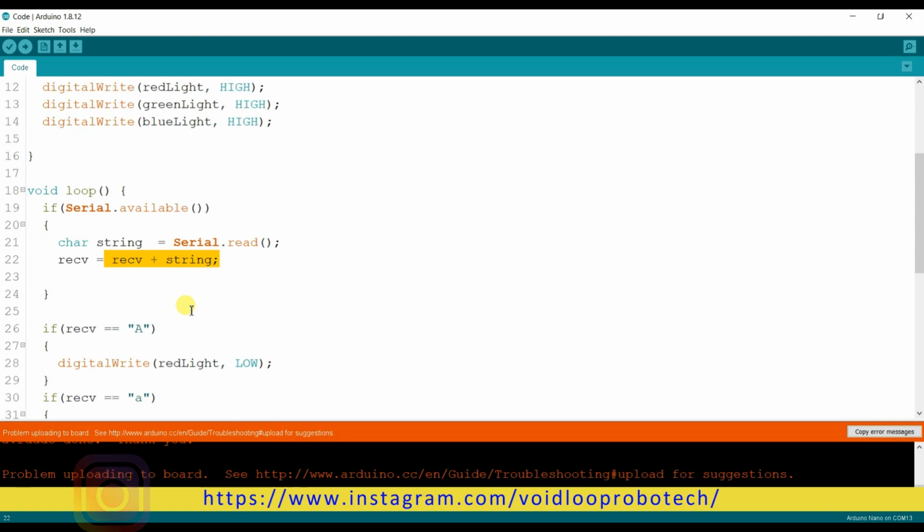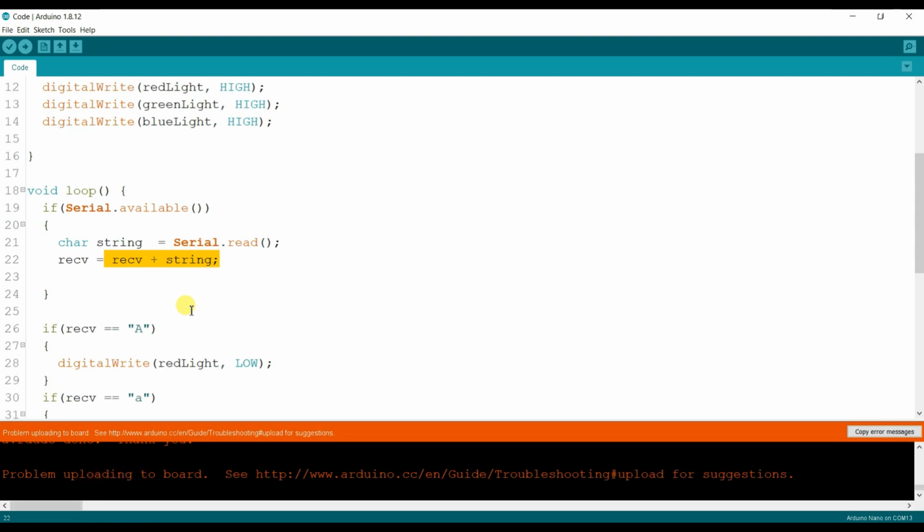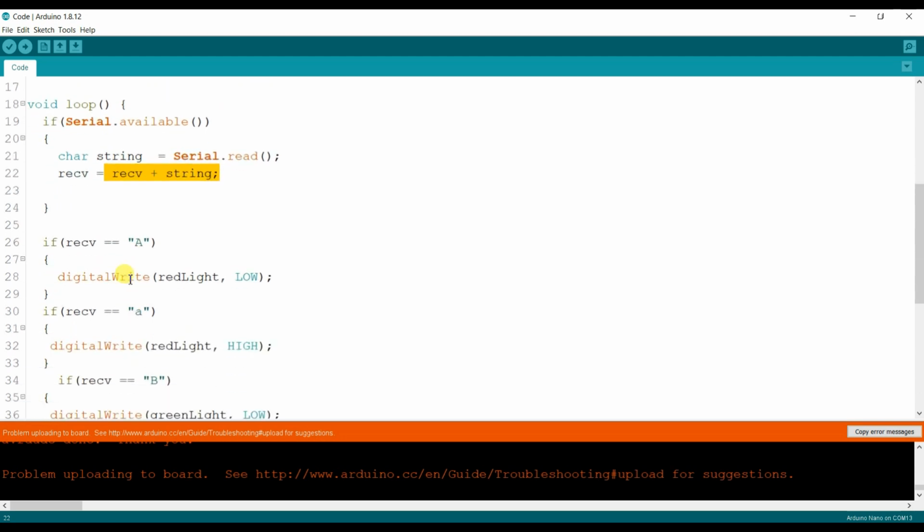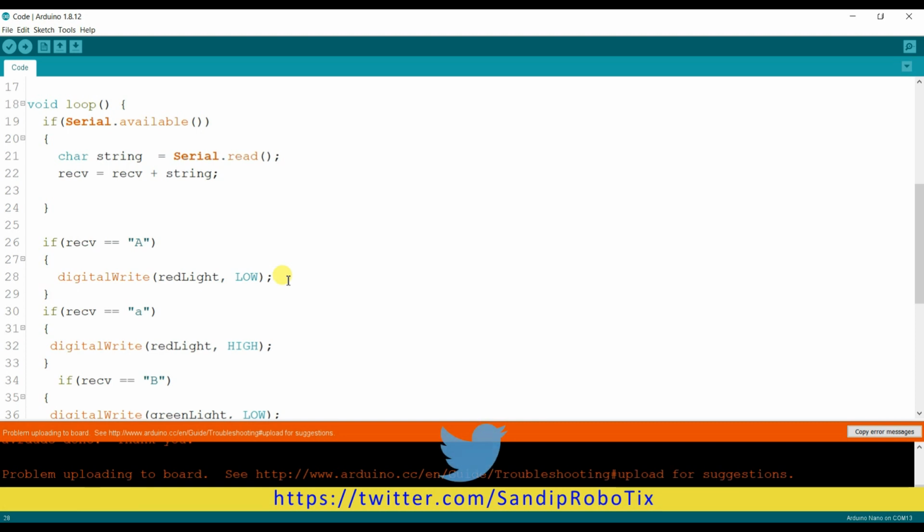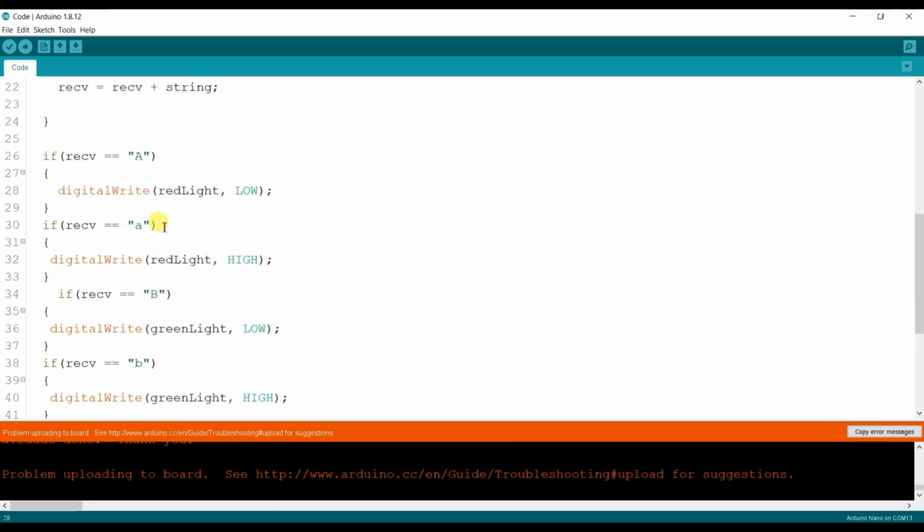So if I send one or more than one character, it will be stored as a string. If the receive value is capital A, then the red light will be turned on. I told you already my relay is active low, so if it is low, the relay will be turned on. If the receive value is small a, then the red light will be turned off.